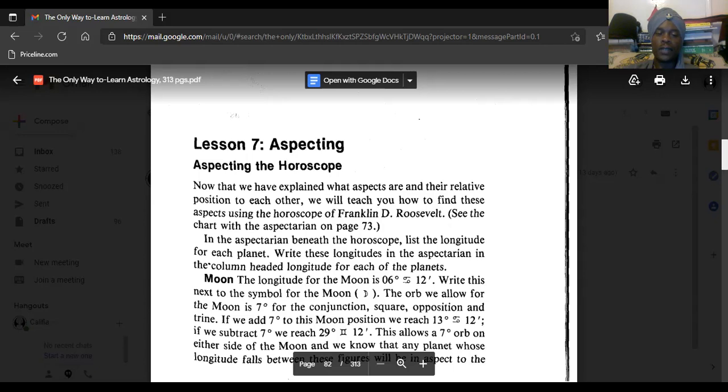If we subtract 7 degrees, we reach 29 degrees, Cancer, 12 seconds, or it could be minutes. This allows 7 degrees orb on either side of the moon. And we know that any planet whose longitude falls between these figures will be an aspect